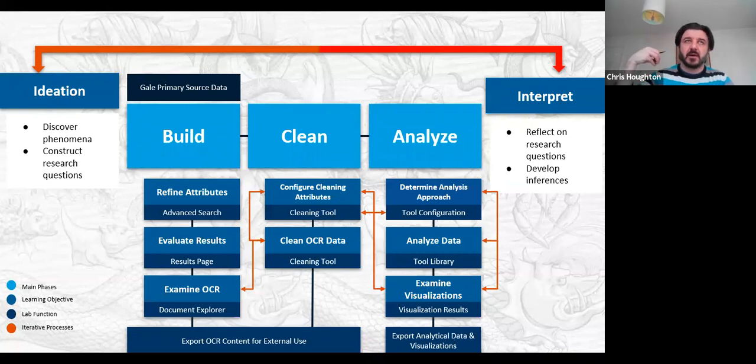It's just, hopefully, outside of the lab, that kind of thing takes a lot more time than inside of the lab. What the lab is hopefully doing for you is speeding up a lot of these processes, so that even if you are an absolutely 100% confident expert in digital humanities, there are some things in here that will allow you to radically speed up some processes, whether that's build or clean,